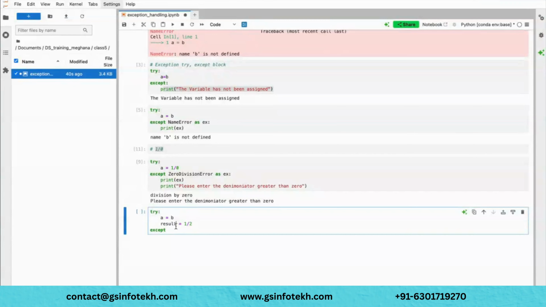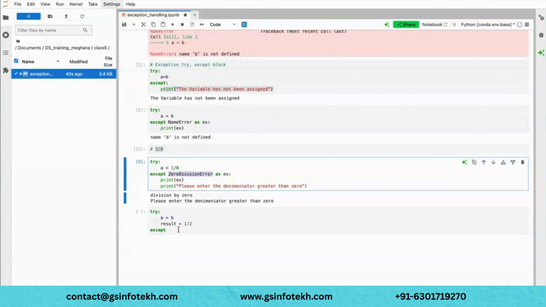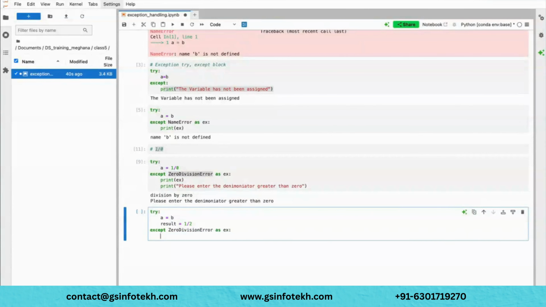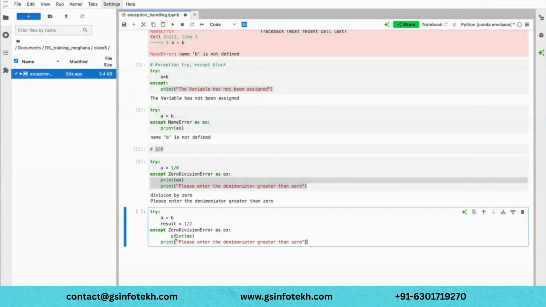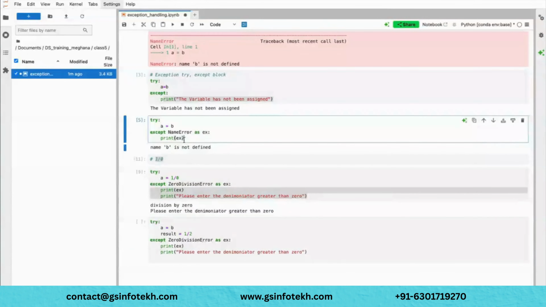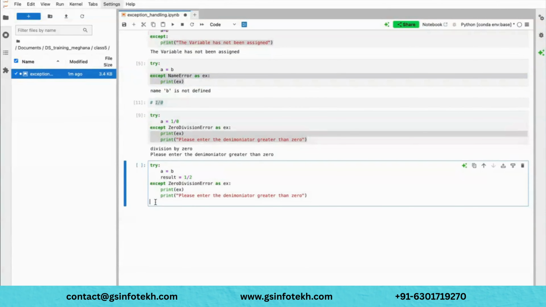So now how do you handle it? You can handle all those things in a single snippet of code. So maybe I will keep it like this. And then I know I will also get the NameError. Maybe I will handle these things as well. Maybe I will need to give one more alias.